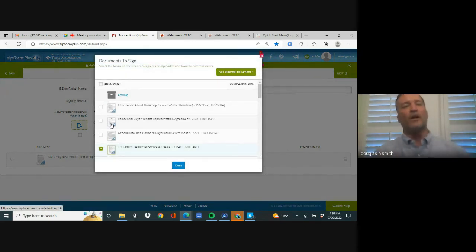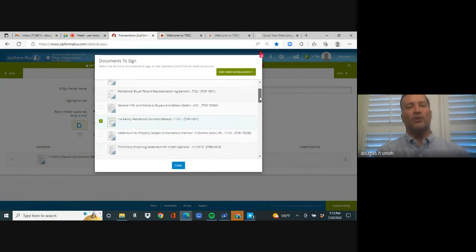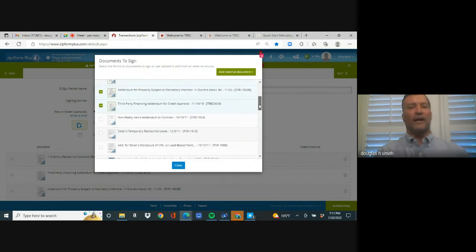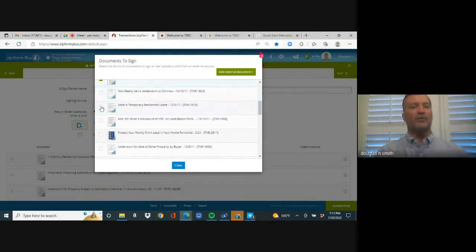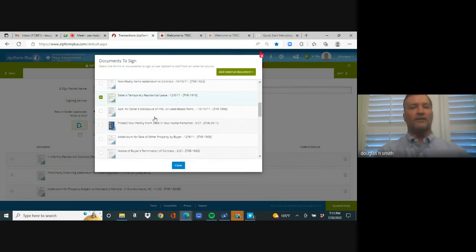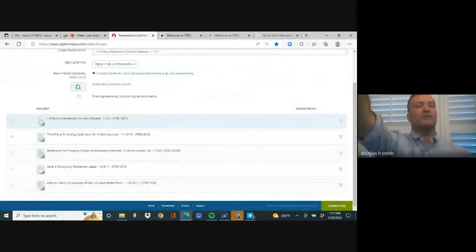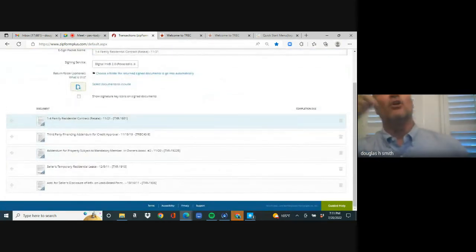So let's just say that we already did the third party. Scroll down a little and look for third party and check mark it. Look at the addendum for property subject to mandatory homeowners. Check mark it. Scroll down. And let's go ahead and check mark the seller's temporary lease. And let's go ahead and do the addendum for seller's disclosure on lead-based paint. And then hit close. And you should have 5 documents, the 1 to 4, and it already check marked it